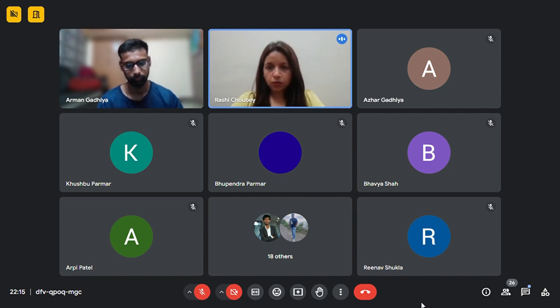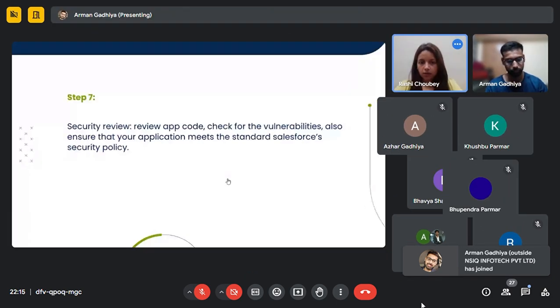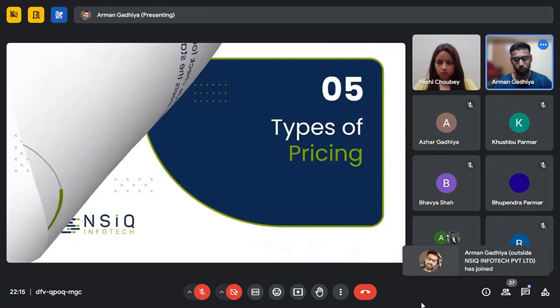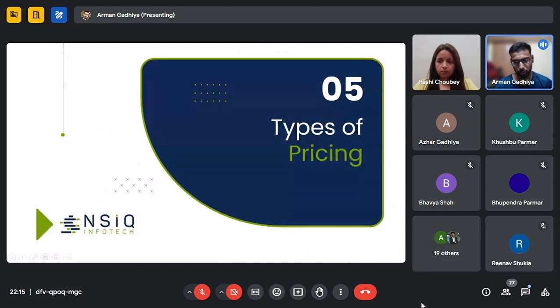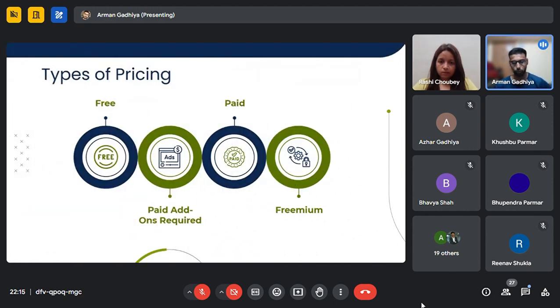So, now Arman is going to tell you what types of pricing Salesforce is giving. So there are different pricing models after publishing your application. These are the four types of pricing provided by the AppExchange, which are free, paid, add-on required paid,